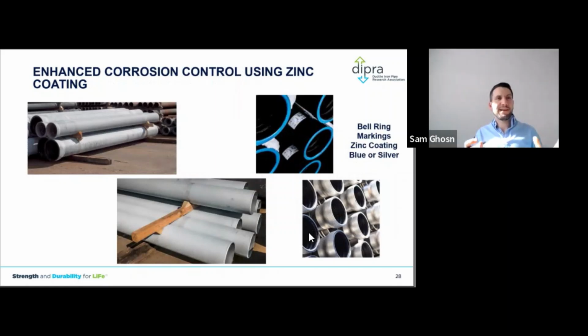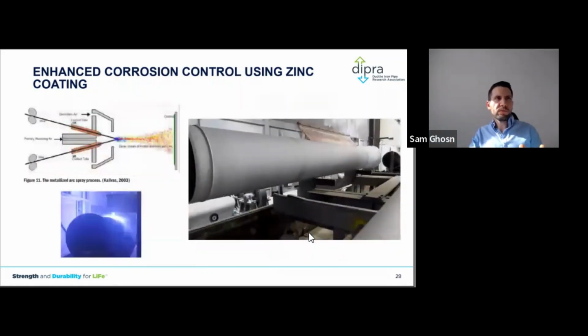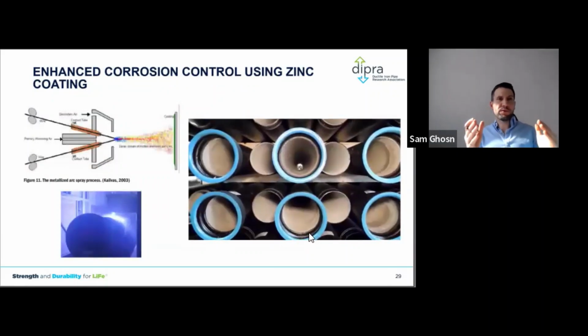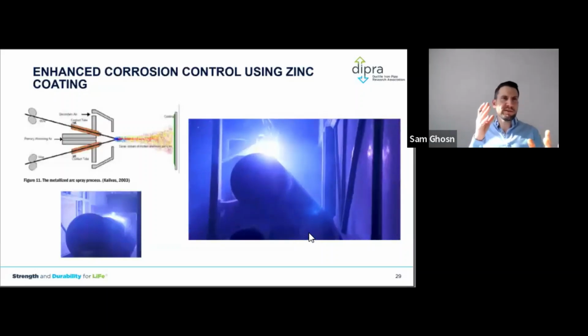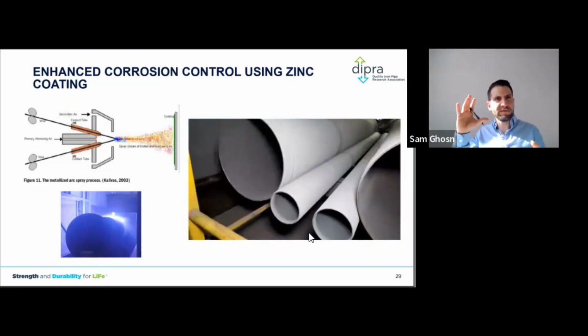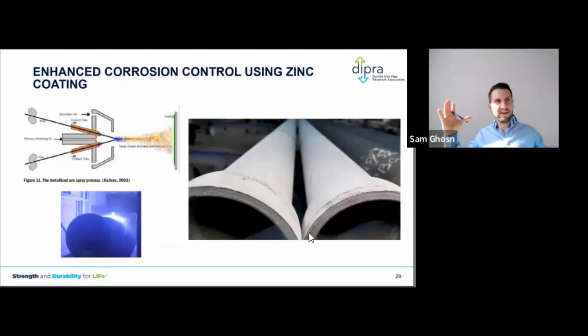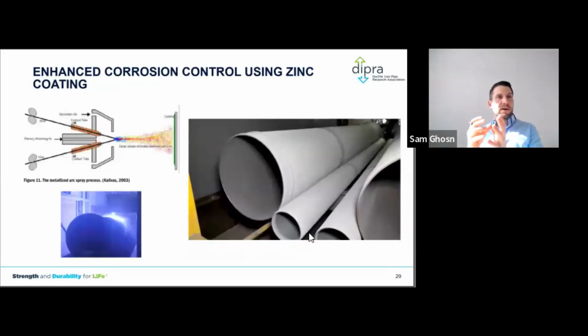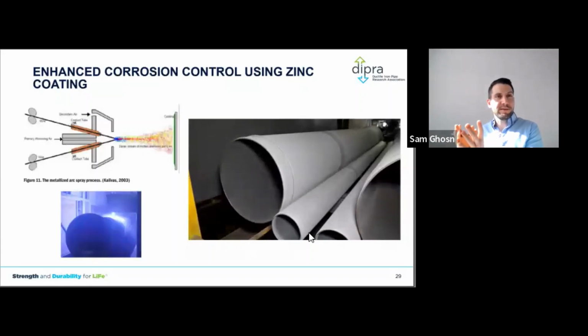Zinc coating is basically an anode that we install on the pipe in the foundry. During the manufacturing process, we melt two zinc wires at 787 degrees Fahrenheit, 99% pure zinc, and then we use compressed air to blow the zinc on the preheated pipe at 175 degrees Fahrenheit. So this zinc will adhere on the surface of the pipe and will create an anode on the pipe with a 200 gram per meter square density.